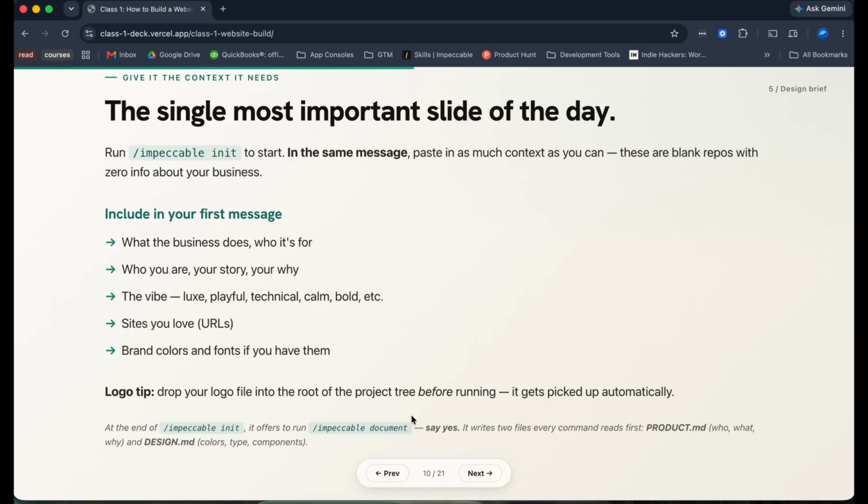This is going to be true of any project where you want to use Impeccable. The first thing you need to do is set Impeccable up with this command, impeccable init. What it basically does is create two documents: a product document and a design document. It's a structured interview that asks, what are we building? What is the design philosophy you want?